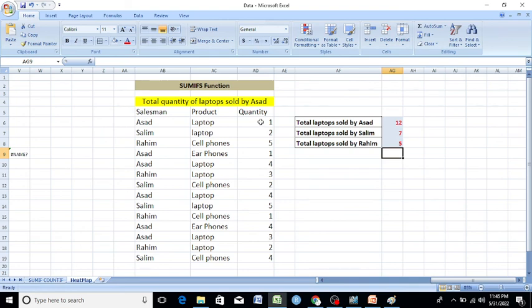So in this way it's very helpful to sum values of different criteria, and it's more helpful when you have an extremely large data set. It makes your labor very less, it makes the task very easy, and we can easily find the sales of any salesperson related